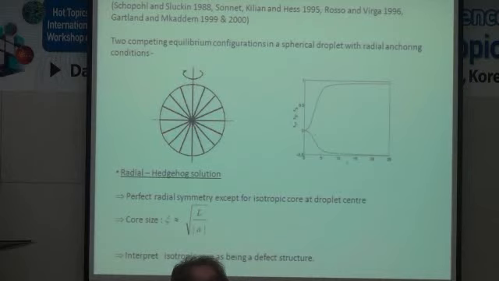and it is generally believed that there are 2 competing equilibrium structures. So none of this is a proof, these are not proofs, but it's generally believed that there are 2 competing equilibrium structures. The first structure is referred to as the radial hedgehog solution in the literature. Now the radial hedgehog solution, as you can see from the picture, is a perfectly radially symmetric structure. It is really the most symmetric structure consistent with this boundary value problem, with the molecules oriented identically radially outwards everywhere away from the droplet center,